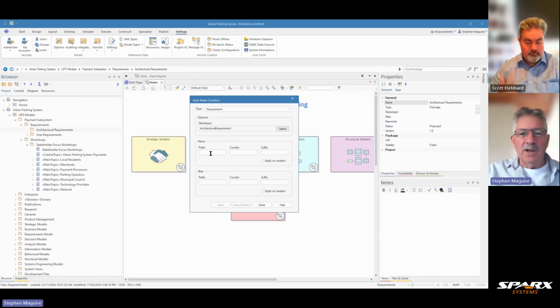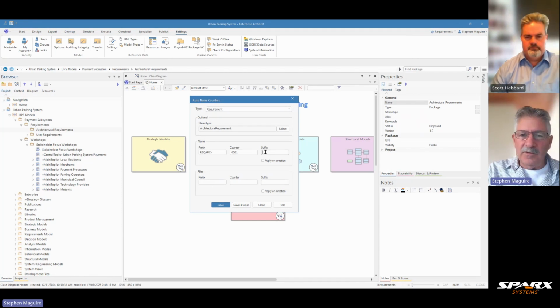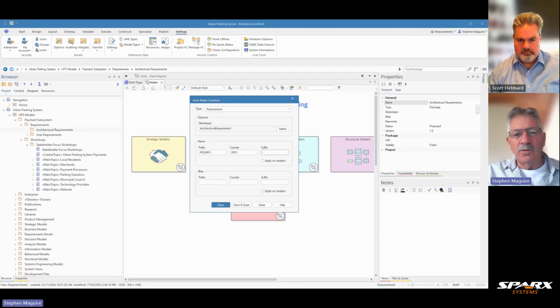And so we're going to put a prefix in here, and I'll prefix it with REQ for requirement, and we'll put in ARC for architecture, and we'll put a dash after that. So this is how the name is going to be formed. Then we're going to put a counter in. I'll put in a counter with the opportunity of having quite a lot of requirements there, and I'll put a suffix in here, which is another dash. So when the requirement's created, it will say REQ-ARC-001 or 2 or 3 as we go,